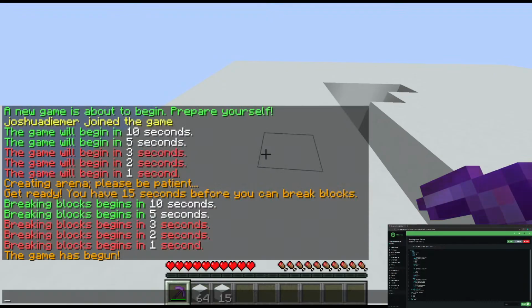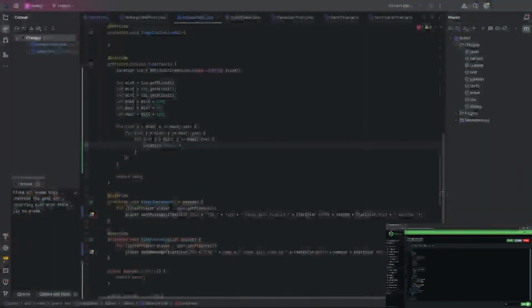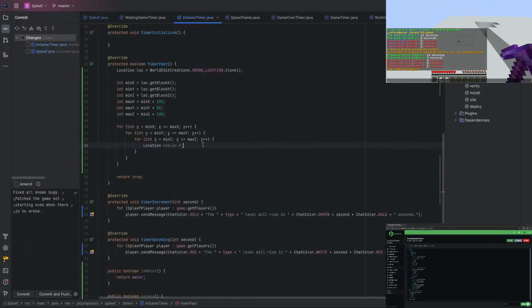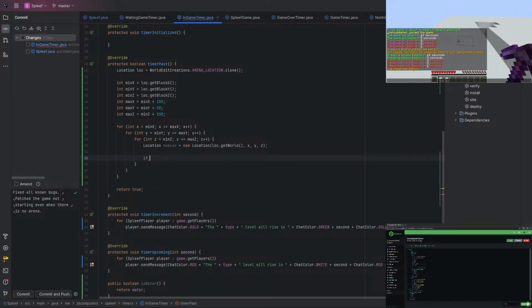Okay? Let's go ahead and program it now. So we've got our new location, which is location.getWorld, and then X, Y, and Z. So now we have our location, and